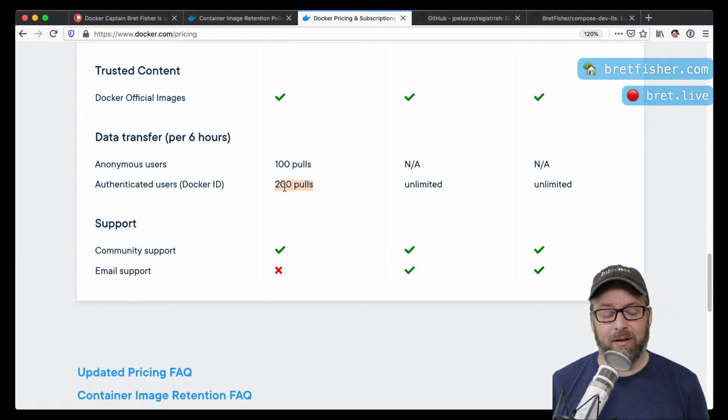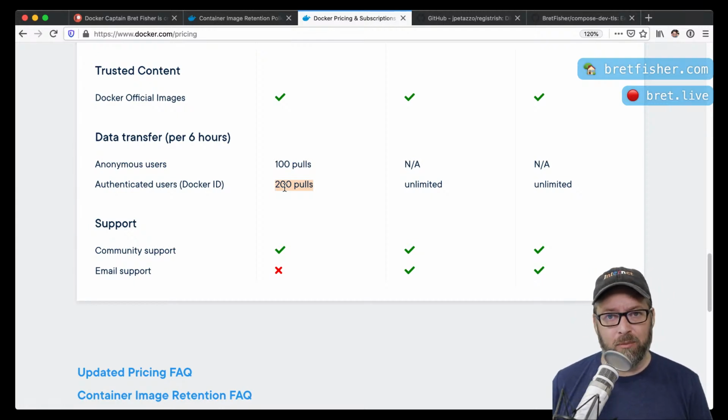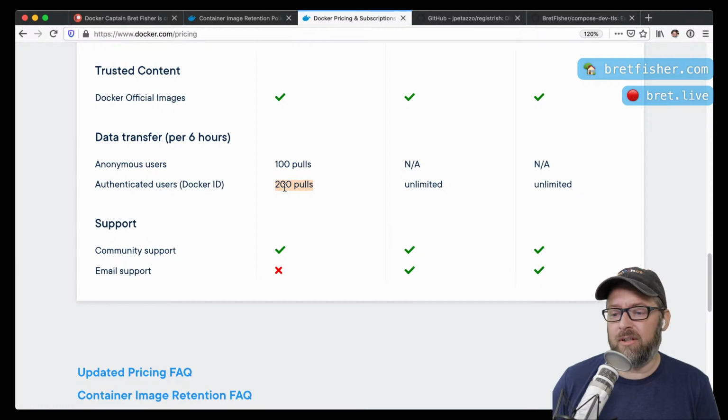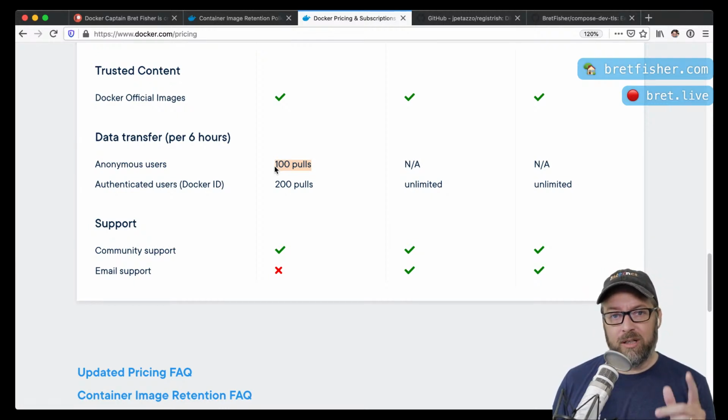Because Docker in the background is pulling this manifest file to figure out which architecture you have in order to determine which set of image layers you need to download. And so that file might end up being the ultimate thing. Again, we're months out from this. We're at least 3 or more months away. And supposedly they're going to be doing a lot more details, and have some more information here for us to understand. But basically, if you're not logged into Docker, if you're just on a server, or if you got a CI solution, if you're pulling 100 images every 6 hours, then you could start getting blocked, which is incentive to do a couple of things.